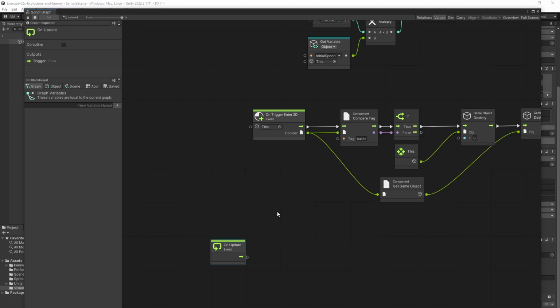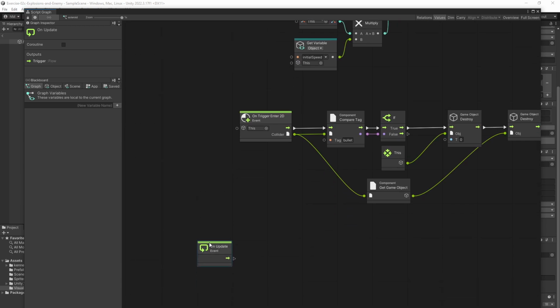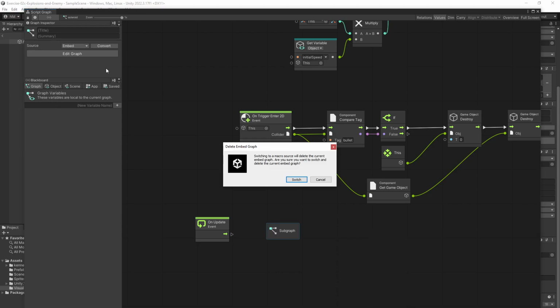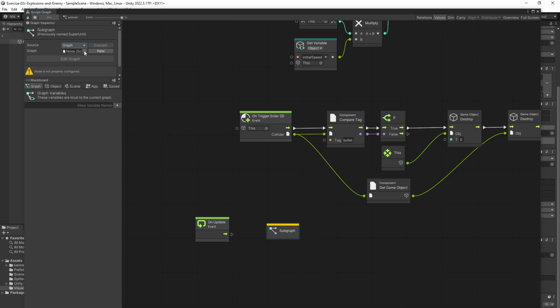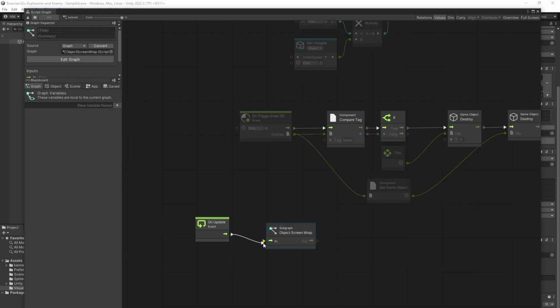We weren't doing anything with on update because in the asteroids we just push it in one direction and just let it go. And it goes that way forever. They don't change directions or anything. But I can now add a subgraph and change it to graph. And select. So anything in Unity has this little circle next to it, brings up a selector, and so it'll only give me things of graph that I have. I'm going to do my object spring wrap, hook it in,